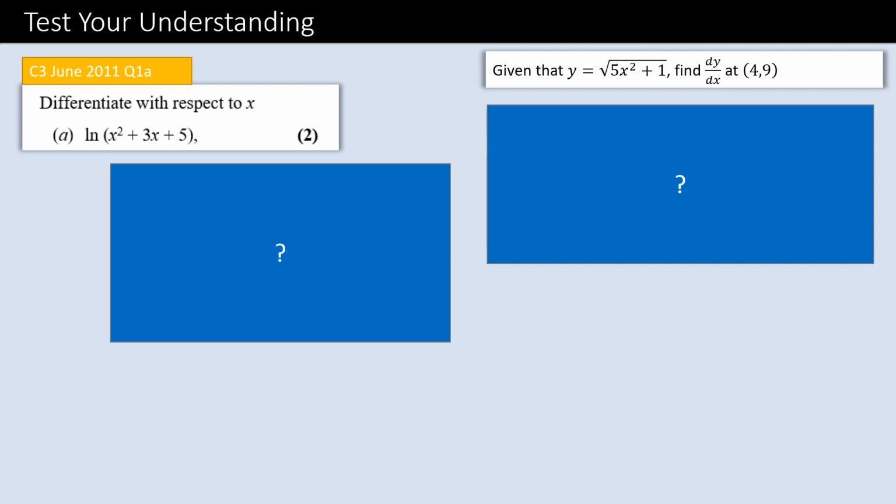Here are 2 questions which I'd like you to have a go at, but I'm not going to set a countdown timer going. I'm just going to say if you want to have a go at these questions, pause the video and then go from there. But before you do,